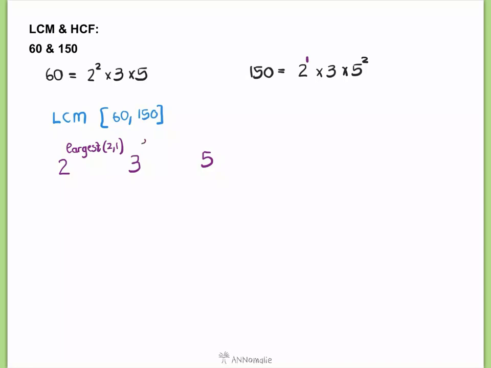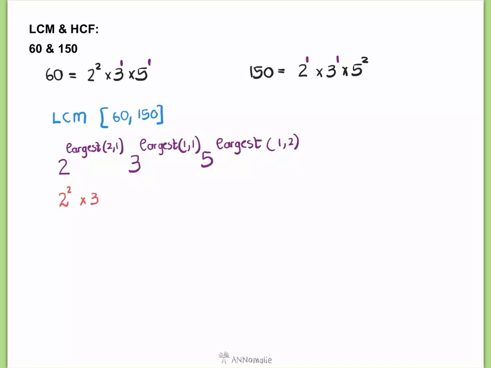We once again take the largest value of 1, that power 1 and 1. There's also 1. And then we take the largest value of 1 and 2. And if we look at that, that is then 2 to the power of 2 times